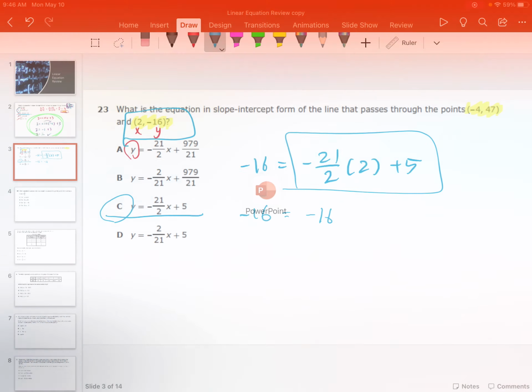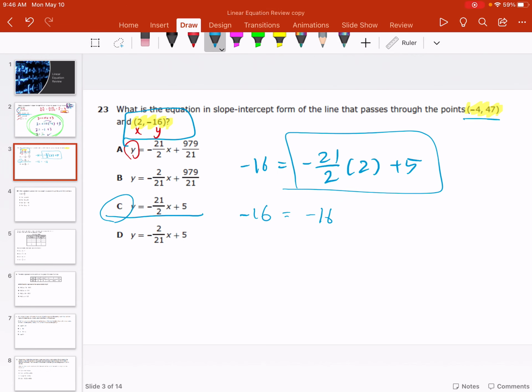Right now I'm not going to do it due to time, but you might want to check this one as well, because instead of y, you're going to put 47 and -4, because one of these options will give you an answer as well if you plug this number in, possibly. Okay,